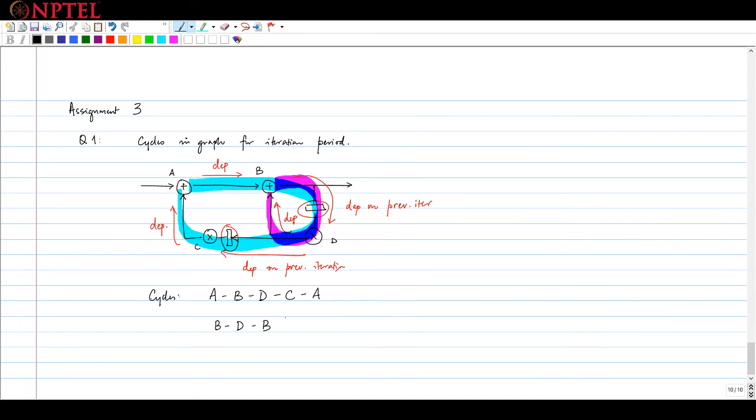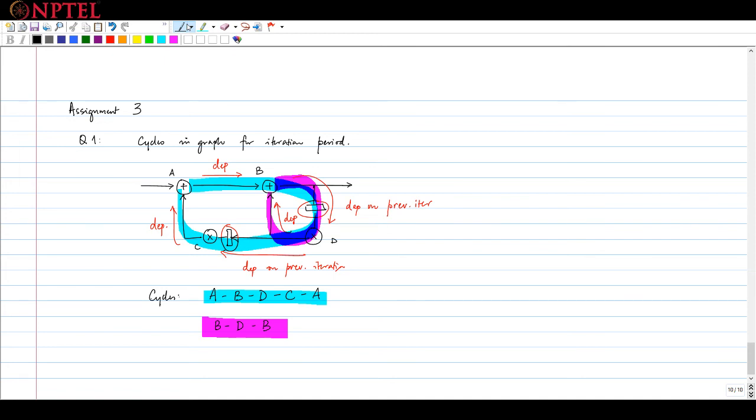This is the magenta one, right? Okay, so these two cycles are the ones that I can use in order to compute the iteration period